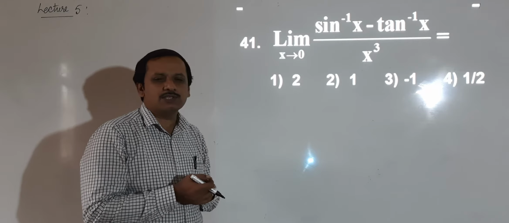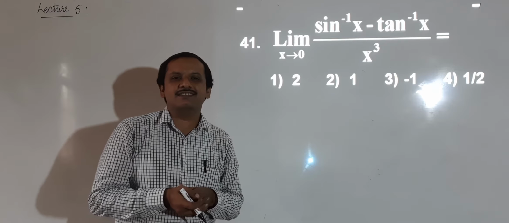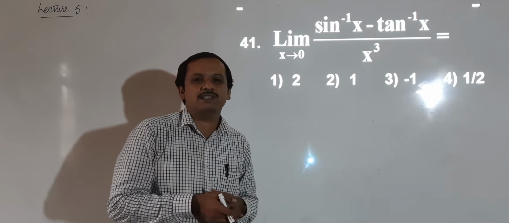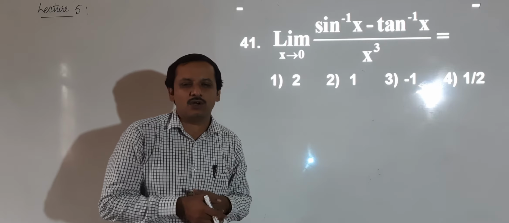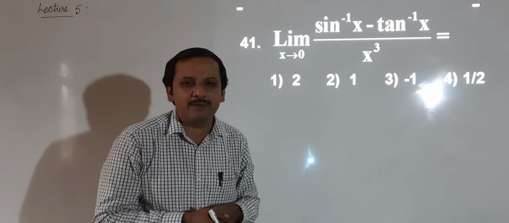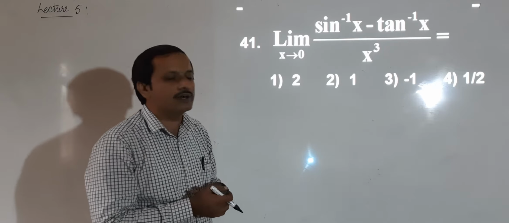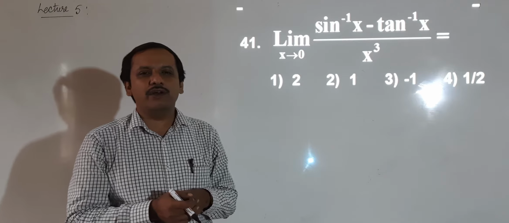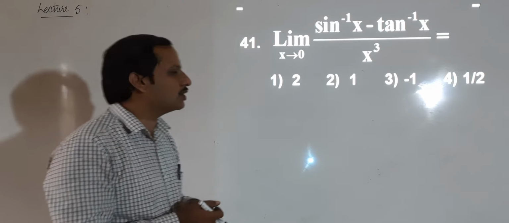Though it is time consuming, we have to do that only, because I cannot write tan inverse x as sin inverse x by cos inverse x. That is not possible. Earlier, what happened is I wrote tan x as sin x by cos x, then took that as common. Those things we were able to do when we had tan x and sin x instead of their inverses. Okay, but now let us go for L'Hospital's rule. Yes, it is tedious, but we have no other choice.